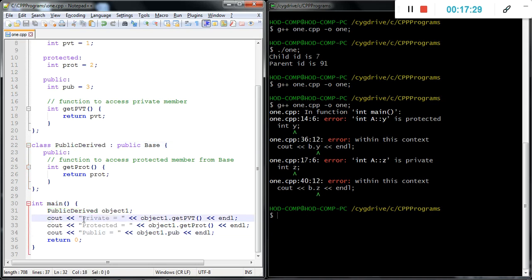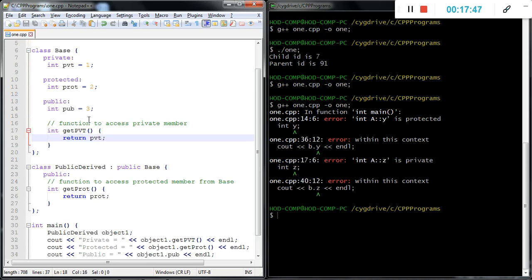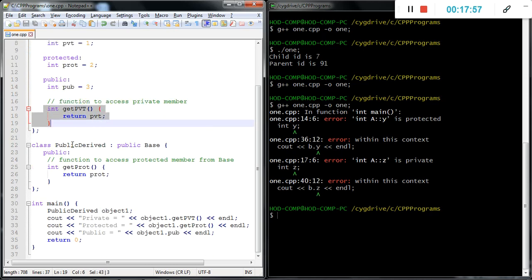Then cout is mentioned as private: obj1.getpvt. getpvt is a public function. We access getpvt, and it returns pvt, that is a private member. This means we access this private member through the public function, and that's why it gives output.